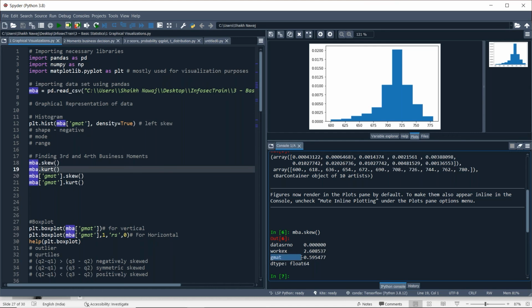GMAT score is negative, minus 0.595477, so it is a negatively skewed distribution.